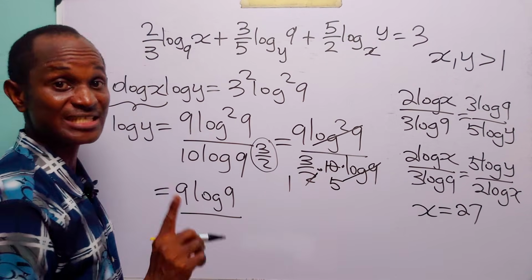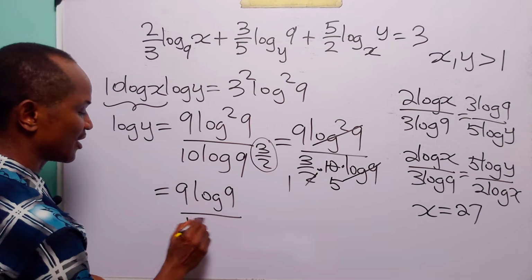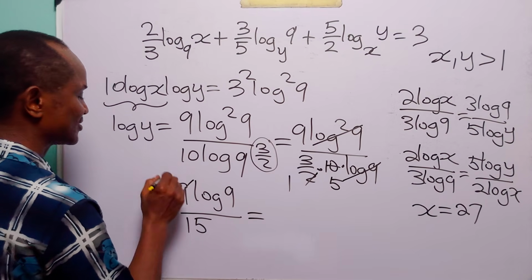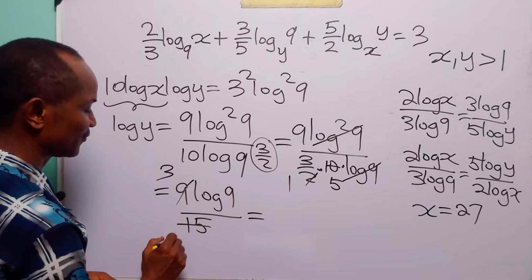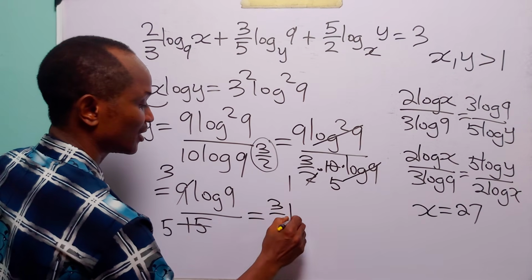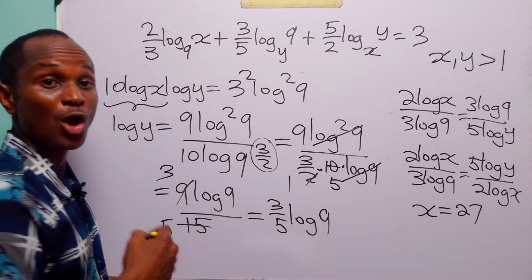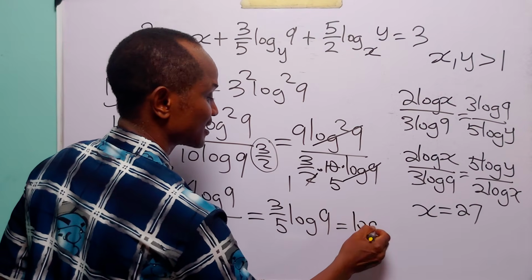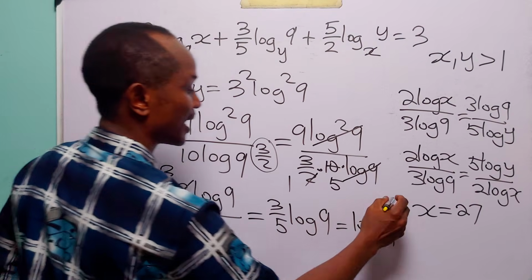3 times 5 is 15. So we have 15 in the denominator. Now, of course, 3 into 9 is 3 and 3 into 15 is 5. So this is 3 over 5 log 9. Once more, when we apply the power rule to this, we can write it as log 9 to the power